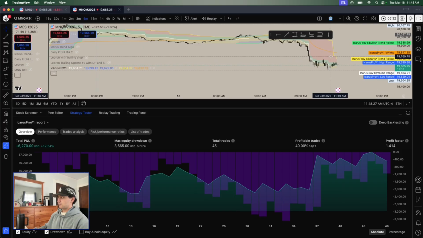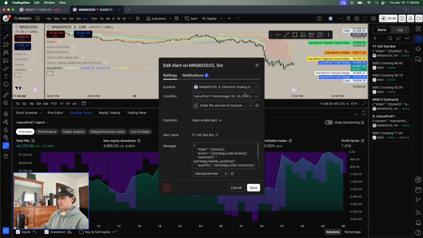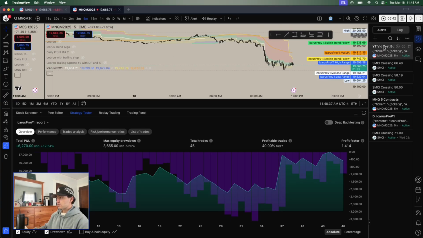In order to access this, if it's off, just hit the alarm clock button. To pause it, hit pause, and it'll gray out. To start it again, hit that. To edit it, hit the settings. There you go. So now that we have the strategy or indicator on our charts,